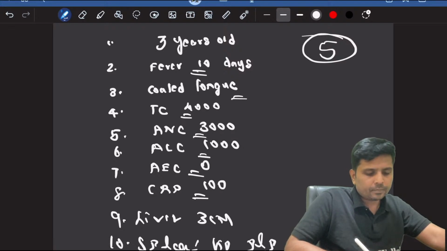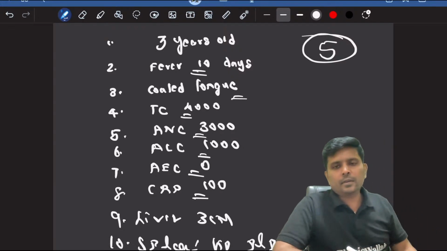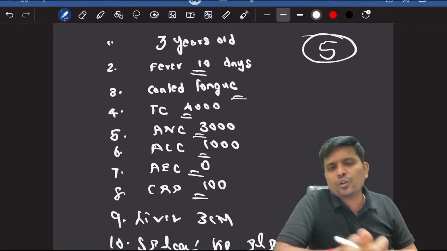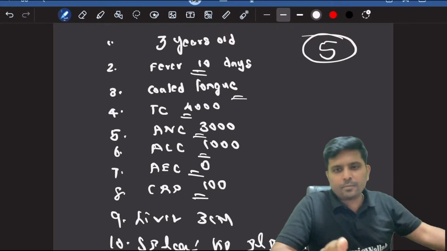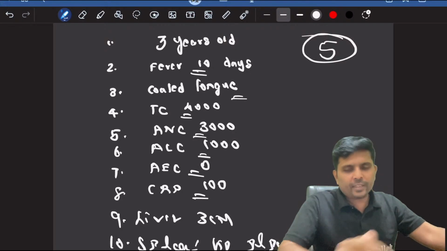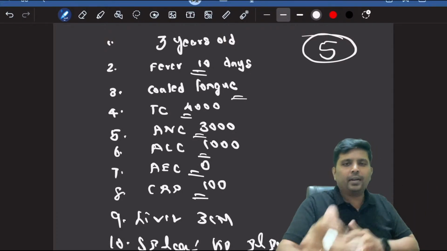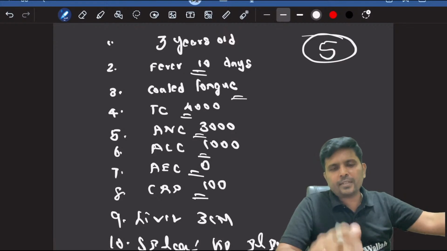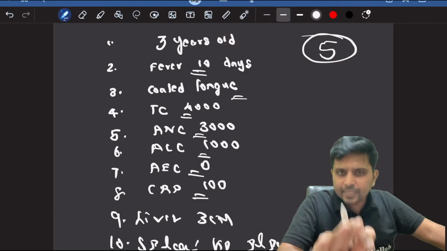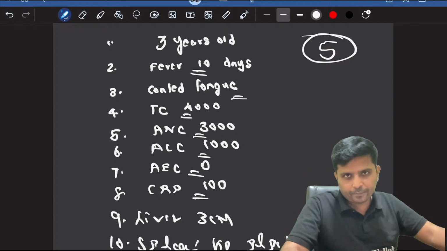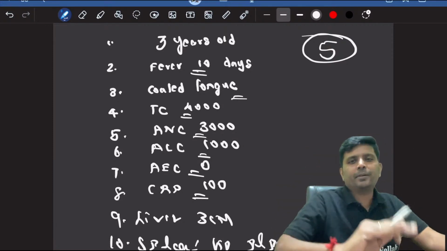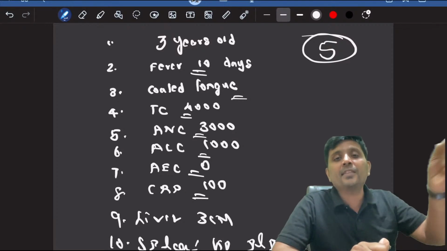Answer? Fever 10 days, 3-year-old, India, without cough and cold. See, always remember, in India, if fever crosses more than 1 week, whether there is cough present or not: if cough is present, think in terms of TB. If cough is not present, think in terms of typhoid. It doesn't mean that you will always be correct, but 99.99% you will be correct if you apply this rule,